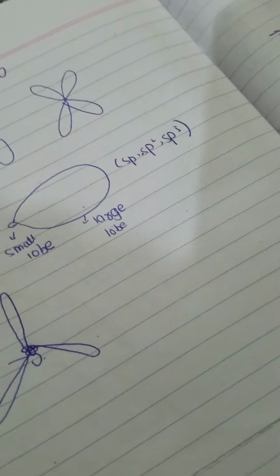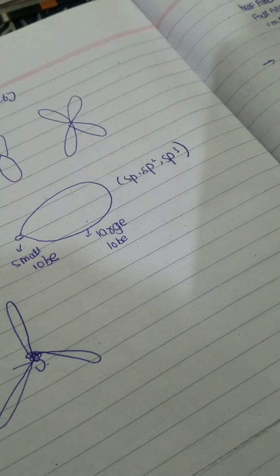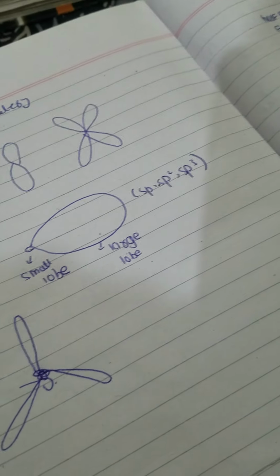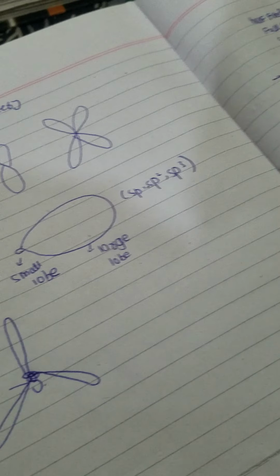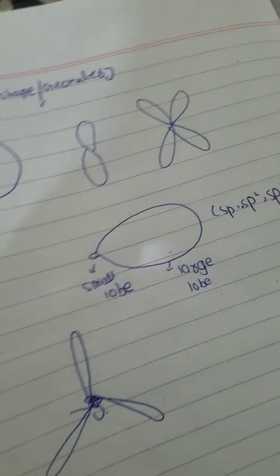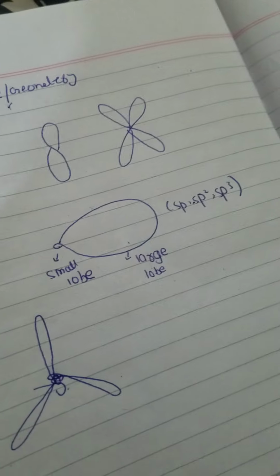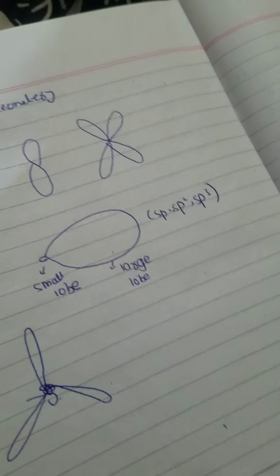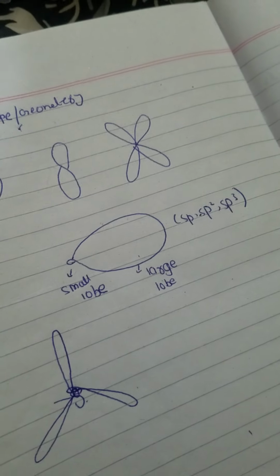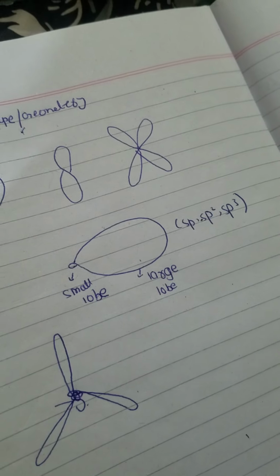Let me see whether any point is missing, so that I can discuss it here. Yeah, these are the only points. So that is it up to shape. Now next I'm going to discuss the geometry of orbitals, not shapes, I'm mistaken. Now the geometry of orbitals, examples, and types of